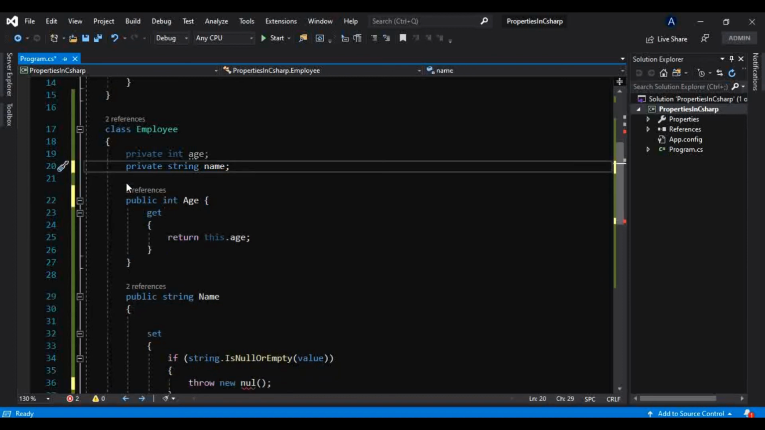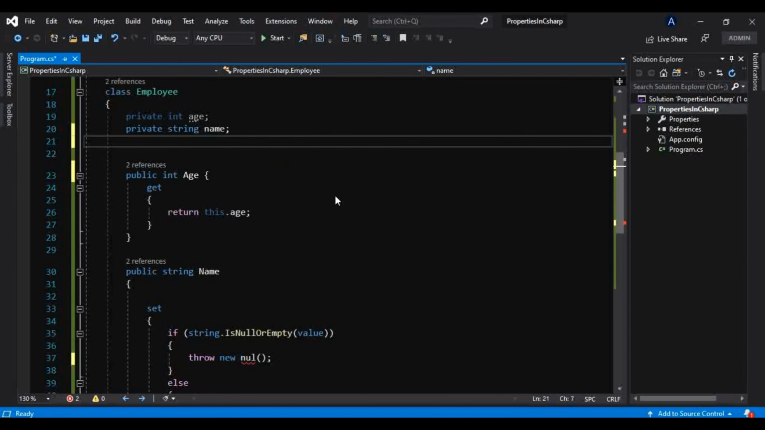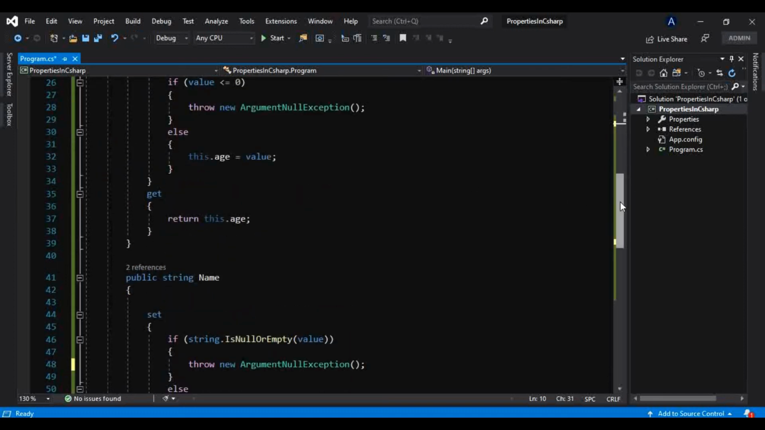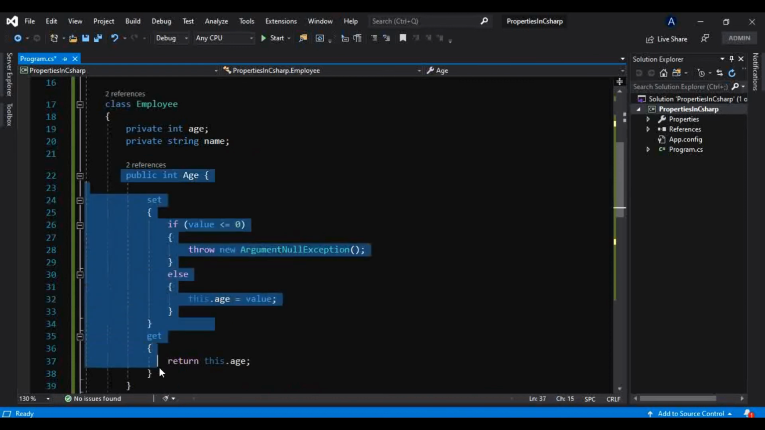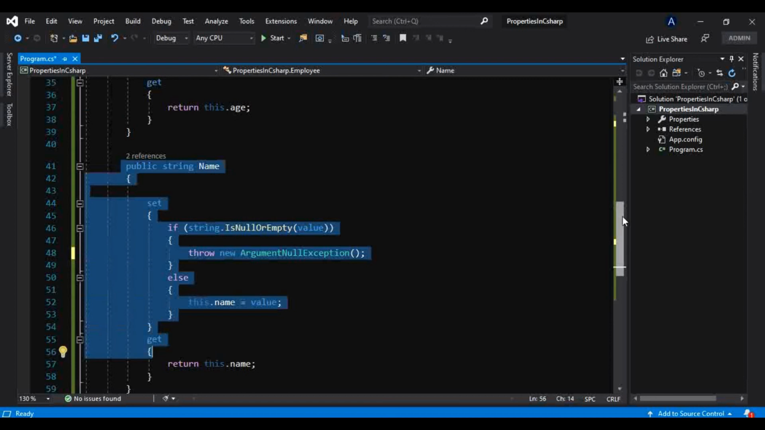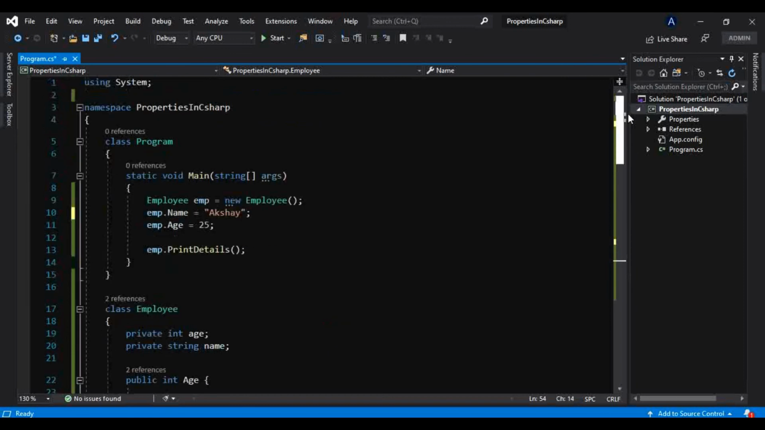Now what is an auto implemented property? Again, there is no flaw in these properties. Let me make that correct. Okay. So now we have these two properties, this age and this name, and we are having conditions inside them. Basically we want to validate them, but let's just consider